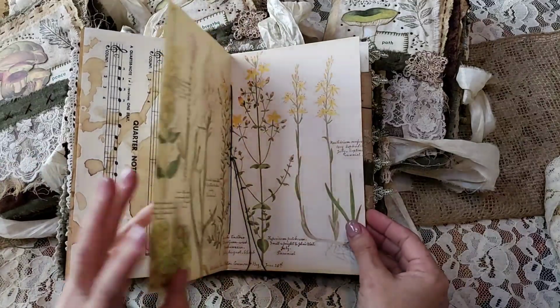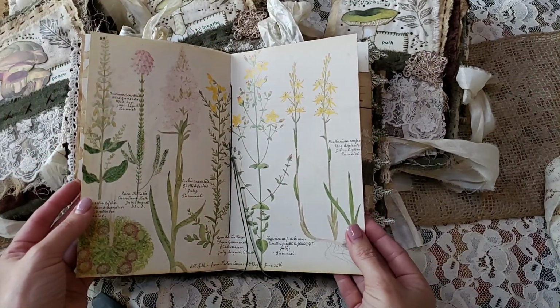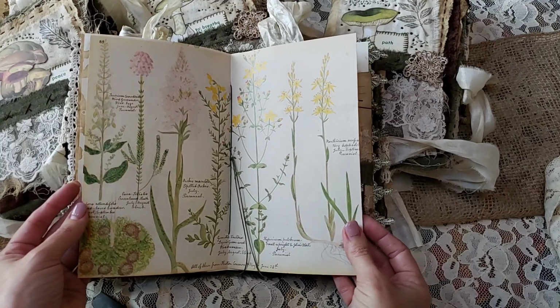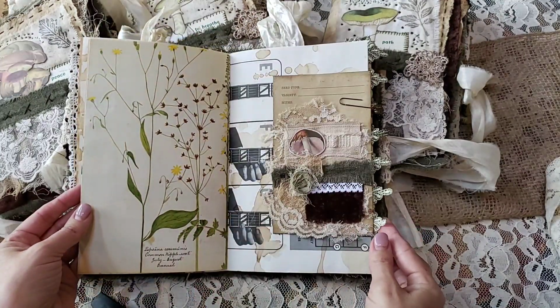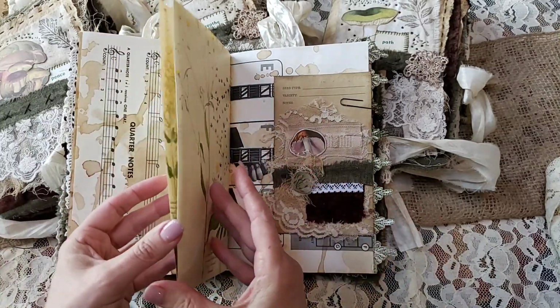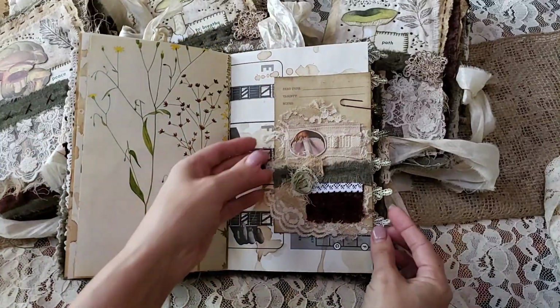And this is a really pretty book page out of a, is it actually an Edith Holden or something different? Something a little bit different, but similar. Yeah, it's similar. Victorian garden or something. Yeah, that page is super pretty. That's the center of the journal. And then she's got